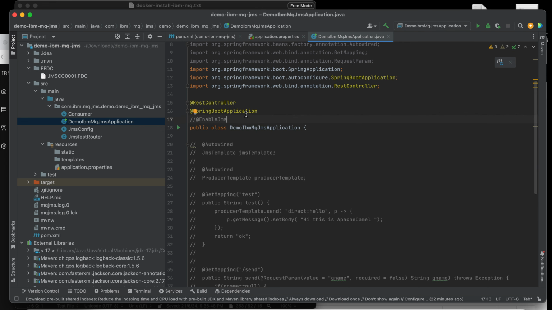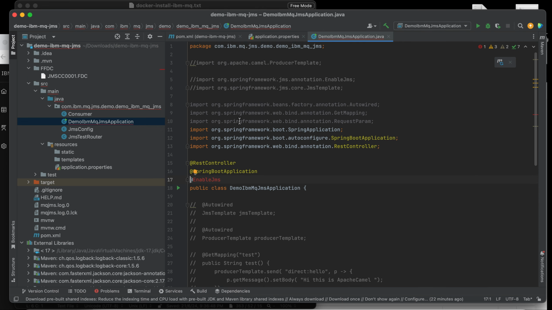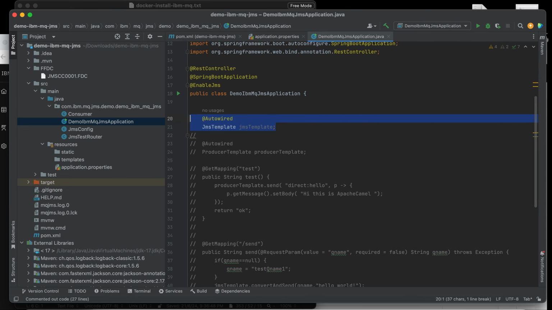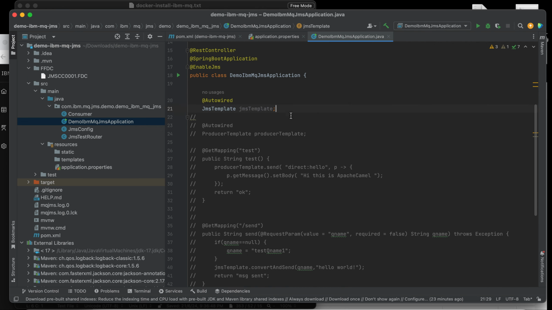First, after adding the dependency libraries and configuring it, you can enable the JMS. After enabling the JMS, you can also use the JMS template.